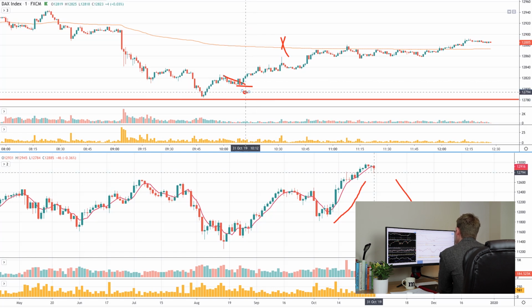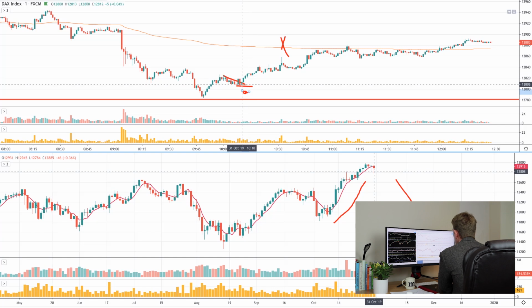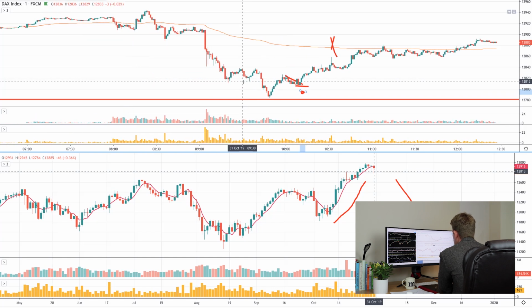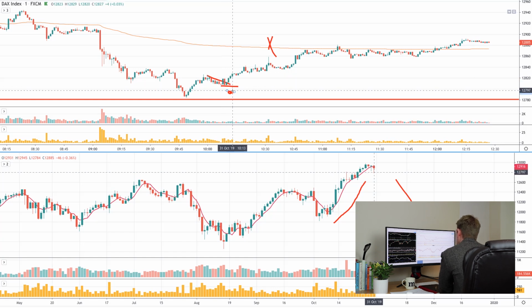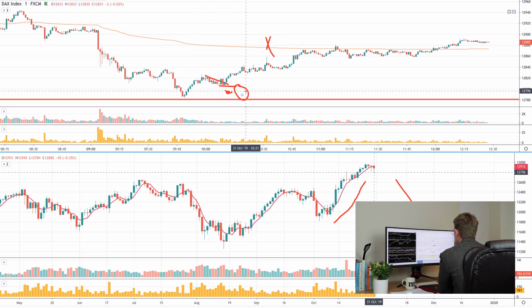It could still do it and kind of double bottom, but if I'm reading that little candlestick there as momentum, I don't really want to see it go down there. I'm wrong on momentum. I could still be right on the trade, so I would give it a little bit of room. I would say, okay, I don't necessarily want to just come out straight away here, but if I don't like the price action in this zone, then I had the flexibility to close the trade. If it goes to here, then there's no questions asked, it's out of the trade completely. So that's a way of managing the position.